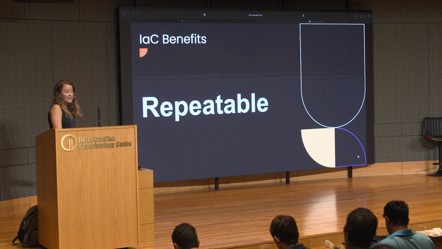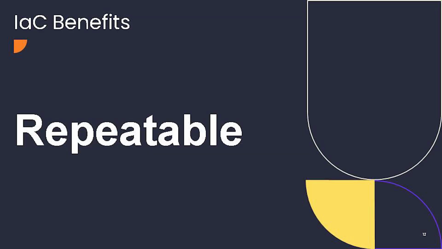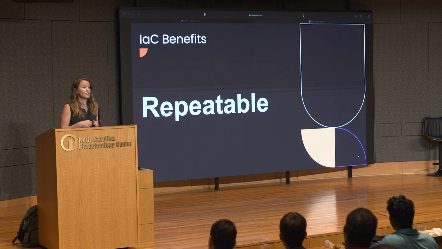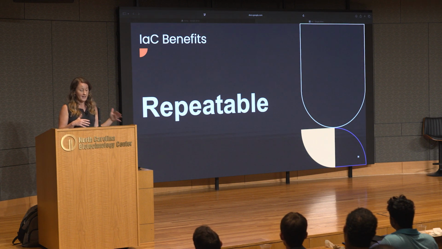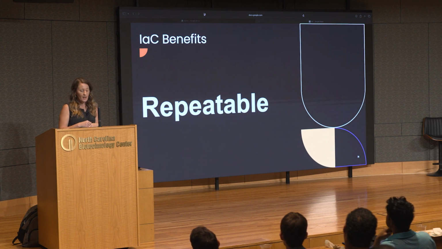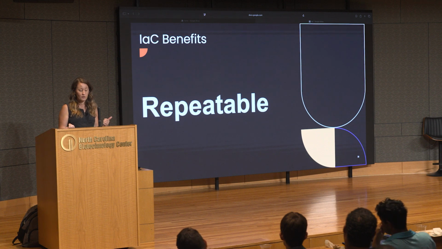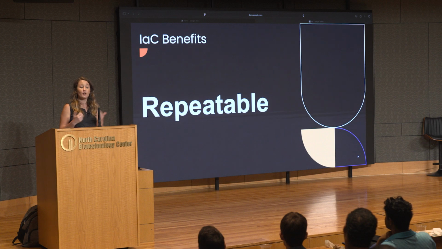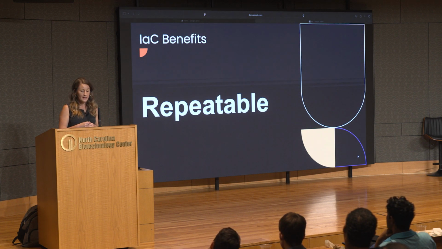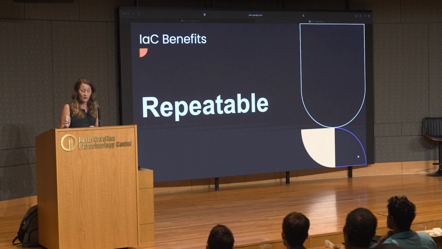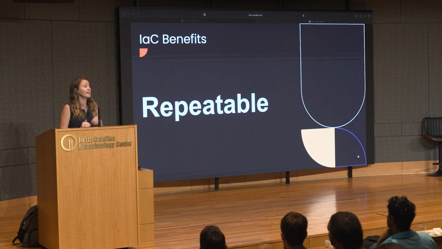Okay, so IaC is repeatable. If you build an environment, whether it's a failed experiment or a security incident, you can just re-execute your IaC. You don't have to remember which manual steps were taken for each change. And being able to repeat your code also ensures that your infrastructure always sticks with the same standards and policies. For example, if you have a component that defines and creates a secure S3 bucket, every single S3 bucket you create from that component will automatically include the correct configurations exactly as defined in your code.